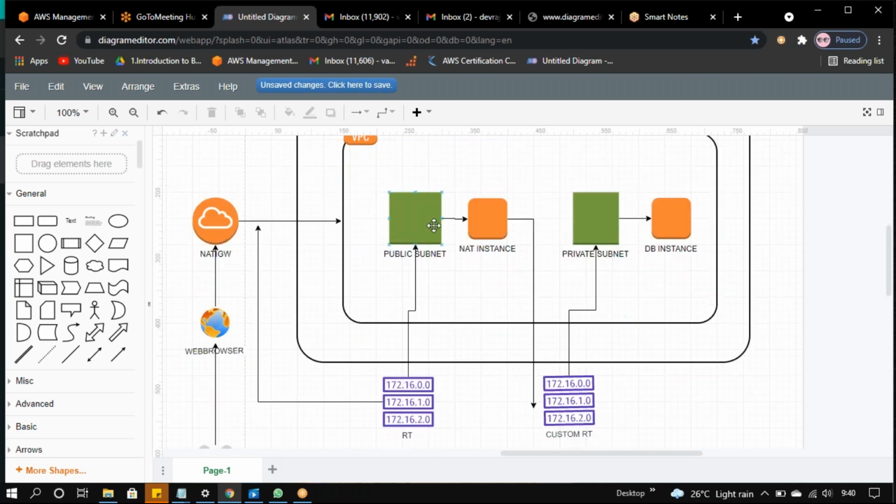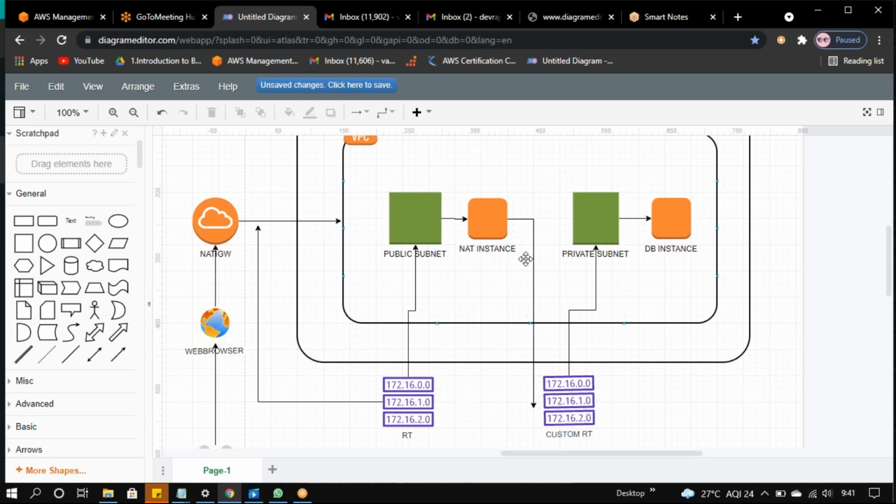So if our application is deployed in this NAT instance, it will be exposed to the public internet. But whatever data is stored in this database instance, whether an instance, backup or database, it shouldn't be exposed to the internet outside of the world. It should be exposed only to the customer. So how will we be able to log in? Via this route table, he can log in via this instance.